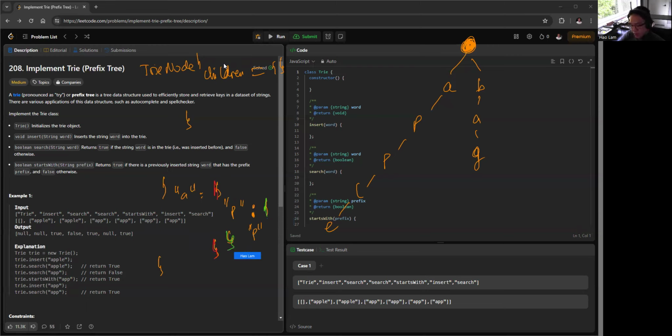The way you can think about it is you just keep iterating through each letter of the word, the app, for example, right? And the key is the letter, the character, and the value will be another hash map, which is P, right? So you can search for the word in the trie like this,